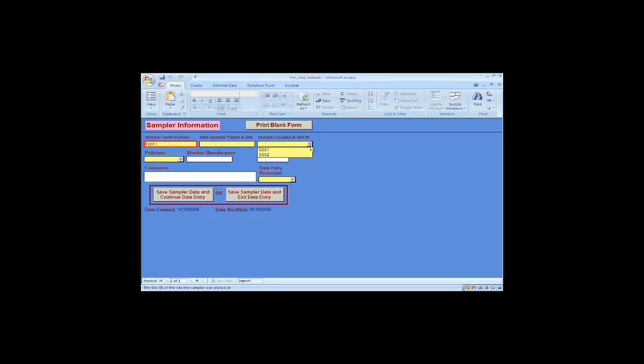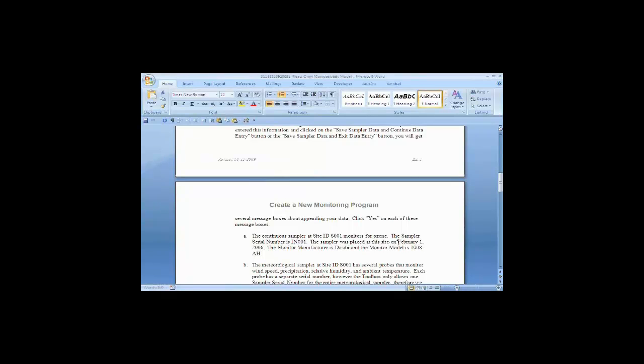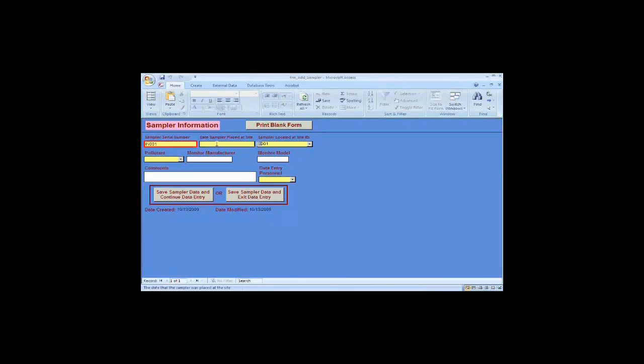Sampler located at site. Now these drop-down boxes are populated because in the previous step we entered the site information. It was placed on February 1, 2006. I'm just going to copy that. Let's see if this works. Placed at site. Okay, that looks good. Pollutant from the drop-down box is ozone, and we're going to continue copying that information in there. And I'm Angelique, and I'm going to save sampler data and continue data entry for the other samplers, just in the